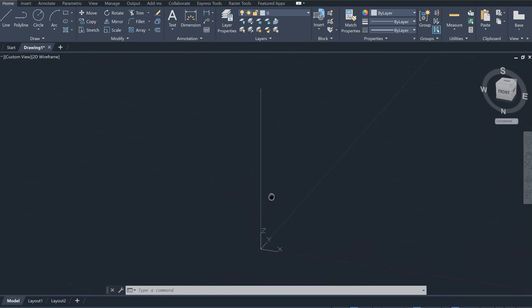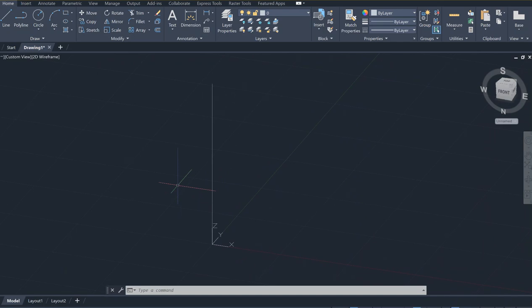When you press the thumb wheel, you can move your screen left and right, up and down. When you press it, it becomes a hand. So that's called the panning option. Okay, very good. So we created a 3D vertical line that's going to be the height of the vertical turbine